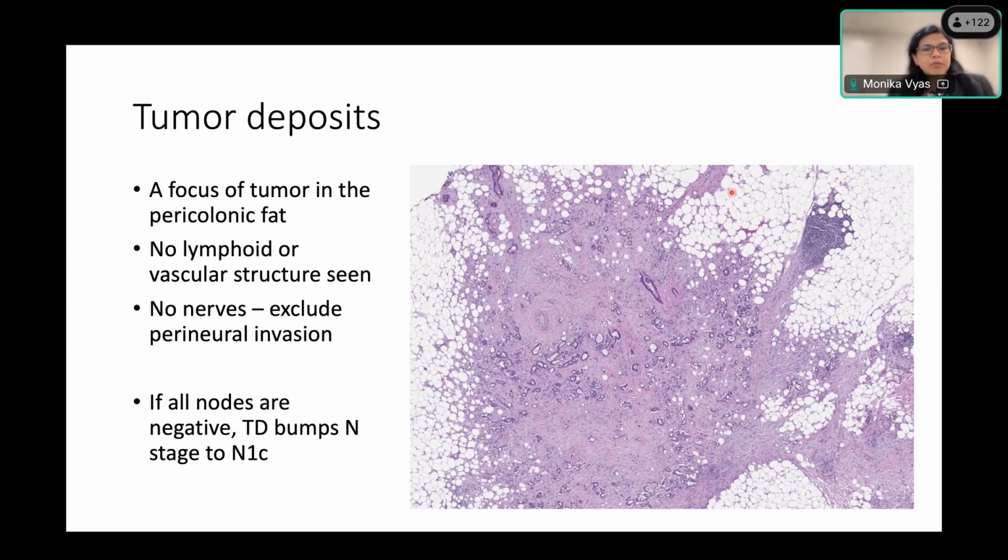So tumor deposit, while calling something tumor deposit, you have to make sure that you don't see a visible rim of lymphoid tissue or a capsule around that deposit, which would make it a lymph node met rather than a tumor deposit. You don't see any vascular structure involved, or you are excluding perineural invasion as well. So you don't see a nerve at the center of the tumor deposit, because all of these again will have